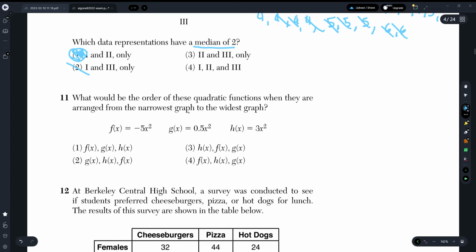11 asks, which of the following would be the order of these quadratic functions, and they are arranged from the narrowest graph to the widest graph. So you should pretty much know your functions for this. I'm just going to write this formula down right here, ax squared. The bigger the a value,